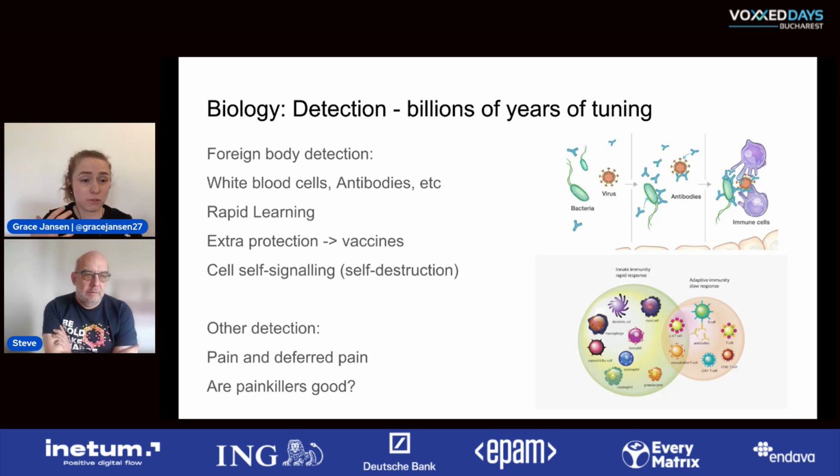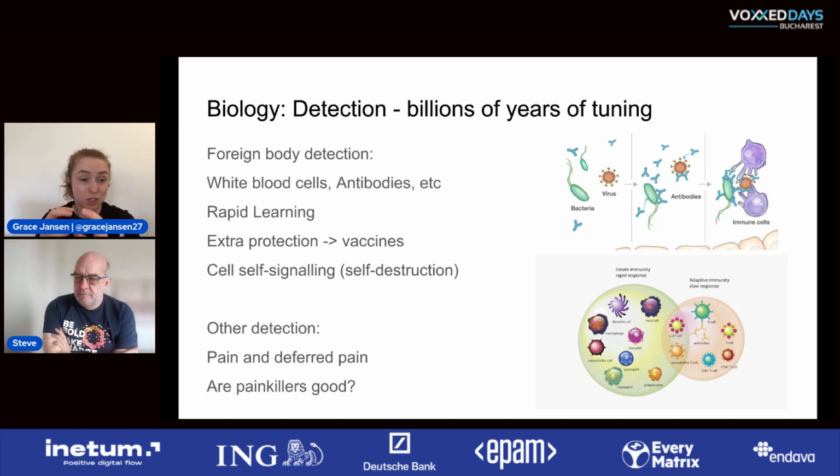That's why when we get a new infection, like when people were first ill with COVID, for example, it had serious consequences because our bodies weren't used to it. But with the second infection, third infection, our body is able to identify these cells much quicker and detect them faster. We also use extra protection, like vaccines. That's the whole point of rolling out the COVID-19 vaccine: it gives us a dead or fake version of the virus, so our bodies can learn to identify it. So when we get infected with the real thing, we're able to detect it far quicker. And yet, even our own cells are trying to detect infections.